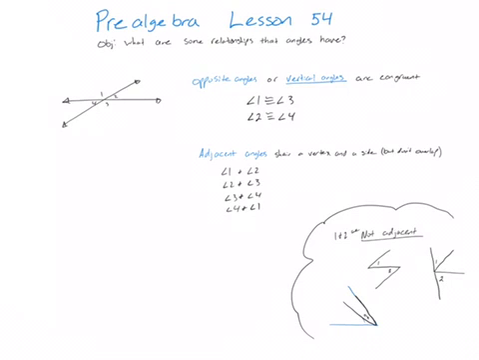Hello, Prealgebra students. This is lesson 54. Our objective is, what are some relationships that angles have? So we're just going to be talking about different ways that angles relate to each other and some special associations